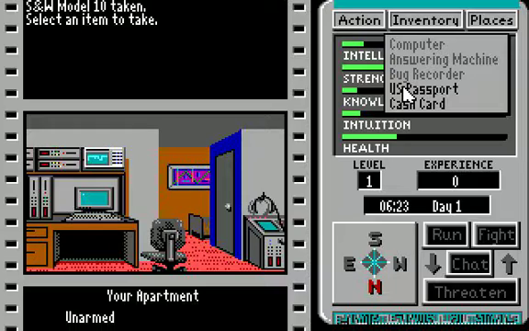You can use it for buying a cab, or taking a cab, buying weapons, going to